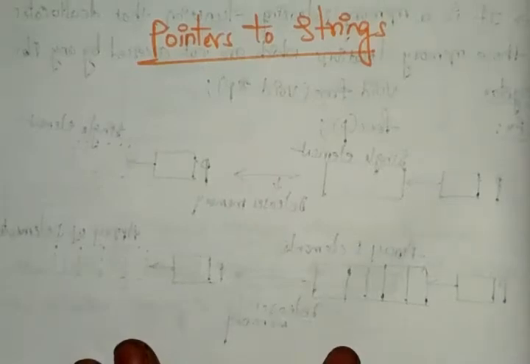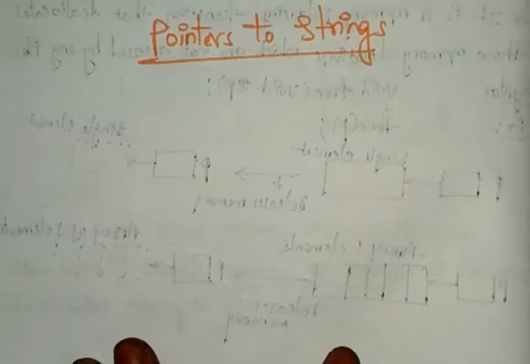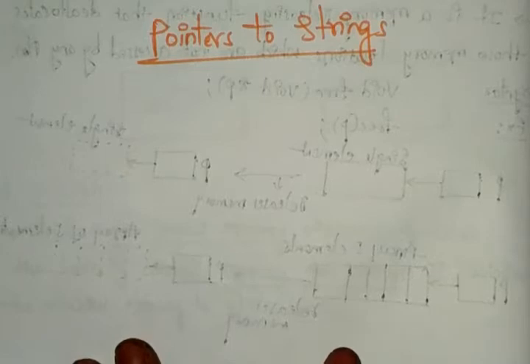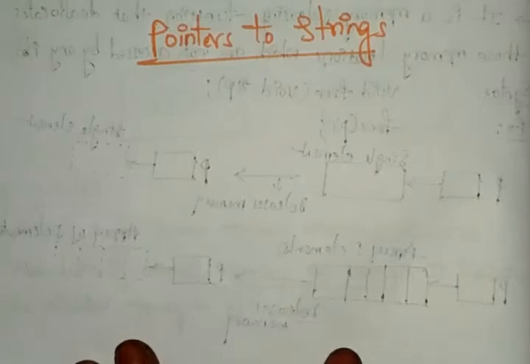Hello everyone. In this session we will discuss pointers to strings. Whatever strings you have, we can perform those with pointers. Normally these strings are a combination of characters, right? So we cannot directly define strings in our C program using a string data type. That's why we use strings with the character data type, and by using that only we can work with strings through pointers.